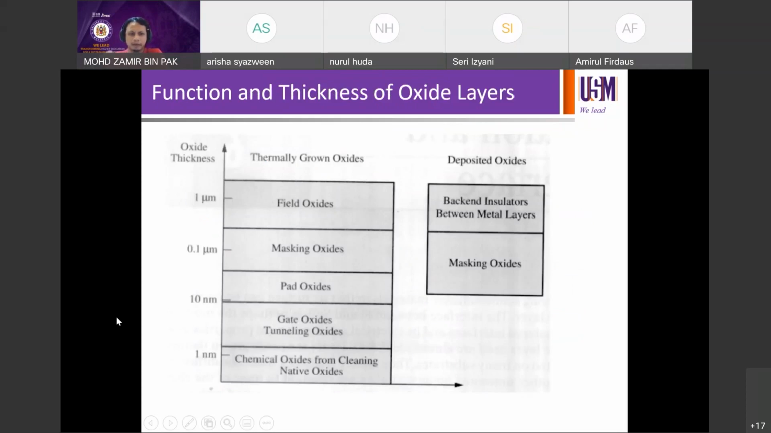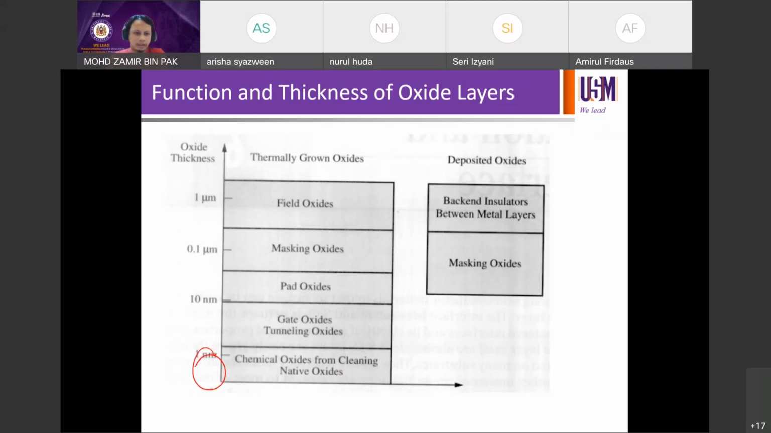So let's have a look at the range of thickness of the oxide for different functions. For example, you can see the thickness is on the y-axis, oxide thickness, and the x-axis is just category, because we're stacking different rows of oxide. In this case, if you're talking about chemical oxide from cleaning and native oxide, so we discuss native oxide now